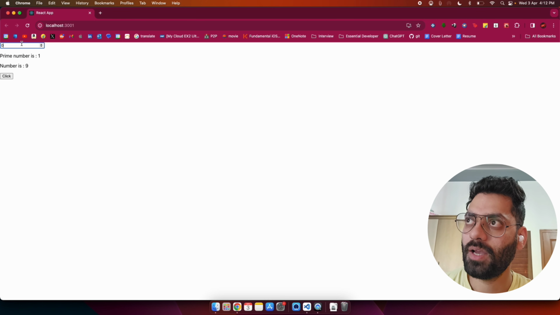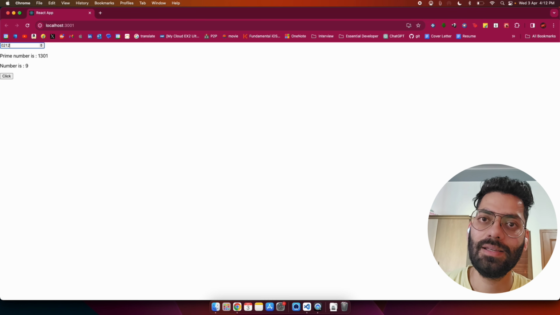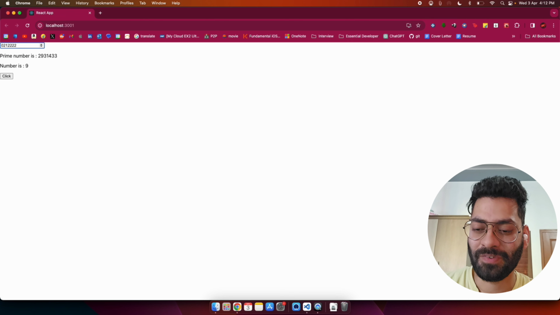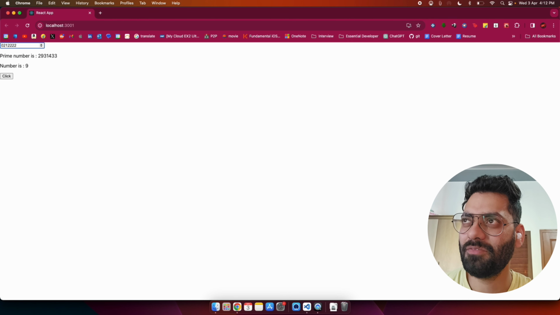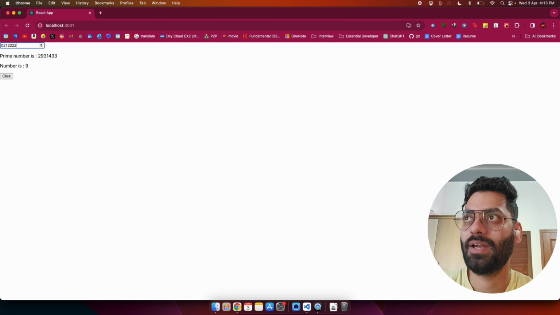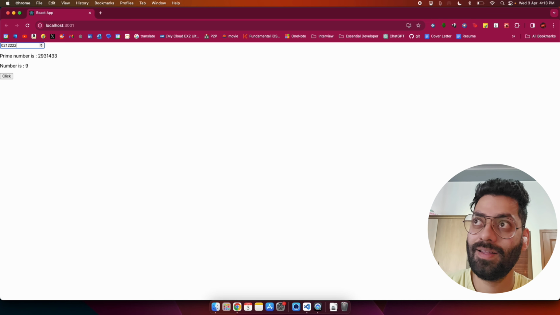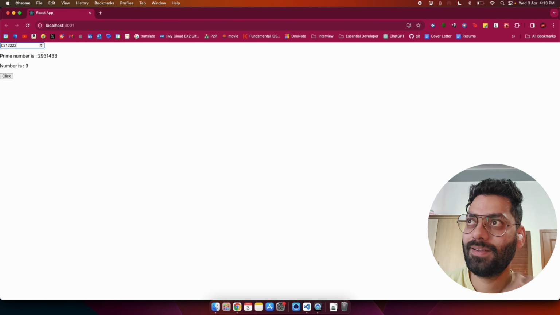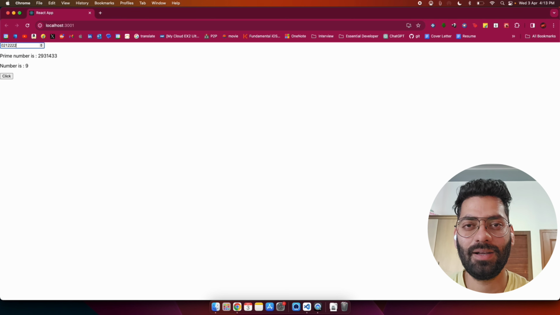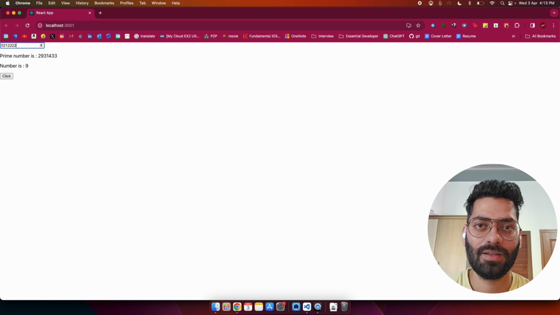And every time a user inputs a number in the input field, its prime number will be displayed here. But now let me go to the 7-digit number again. It was still quick. It froze for 1 second, but now it will freeze for, wow. Now I'll really have to wait for the component to re-render. Because the calculation itself is taking a lot of time, it was a very CPU intensive task. So now it is taking its time. It's still not done. As soon as we get a return from the find nth prime number function, the result will